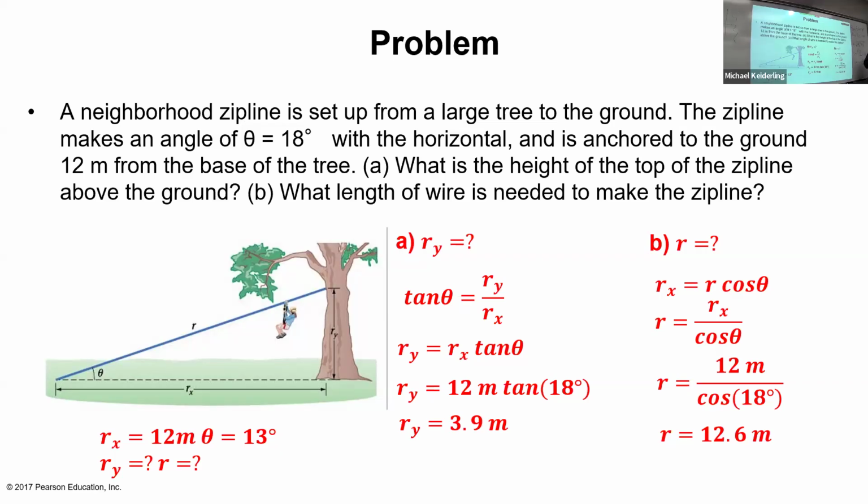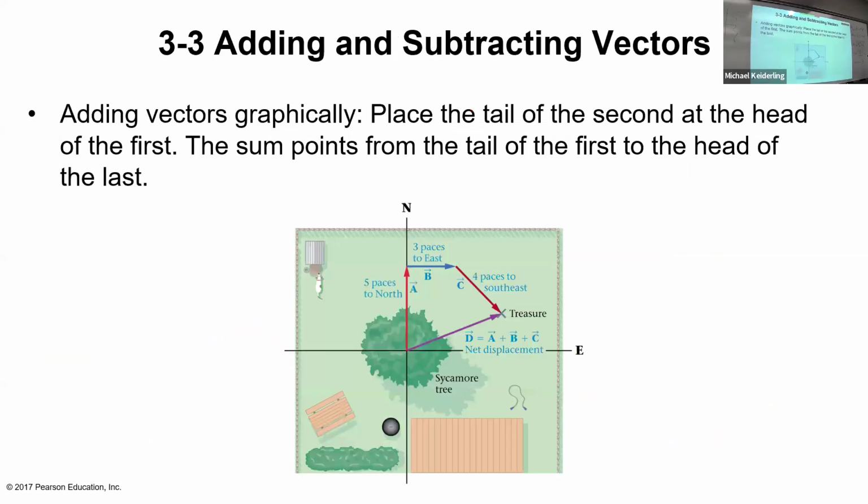Okay, I'm going to continue on. Now, there are two main ways you can add vectors. The first is graphically. You can take each vector and place them head to tail. There are some problems on the homework where you're going to do this in the interface, where you have vectors that you need to put head to tail, and then when you add them, so here we have A, B,